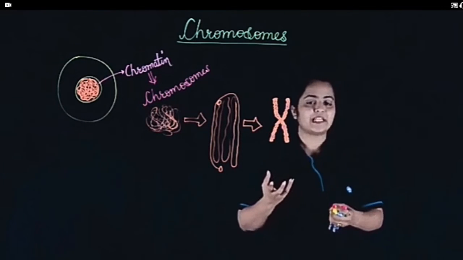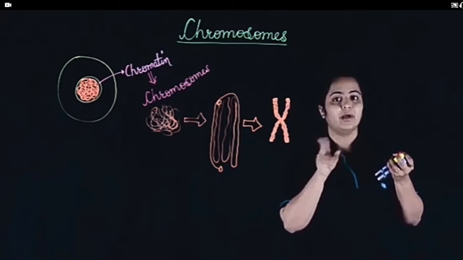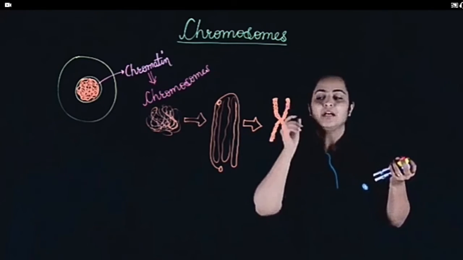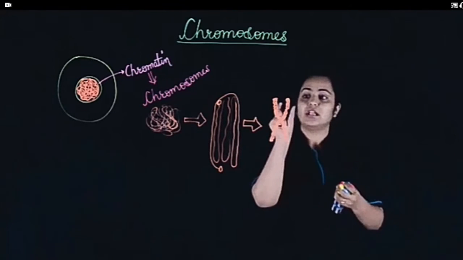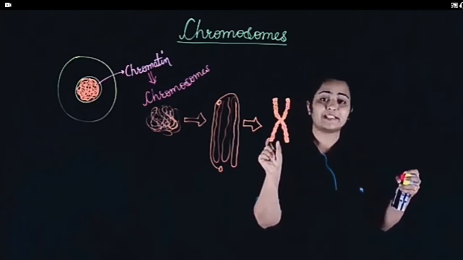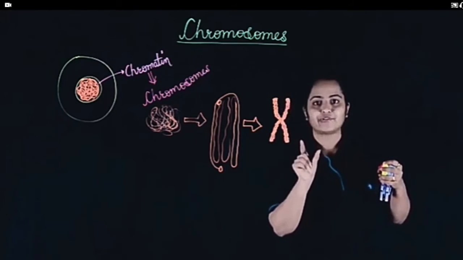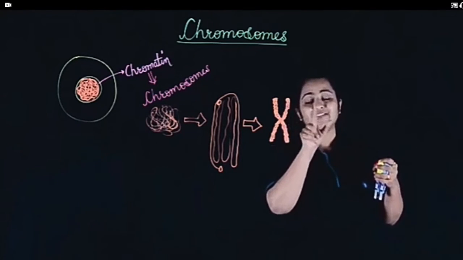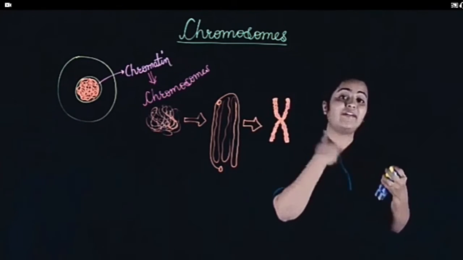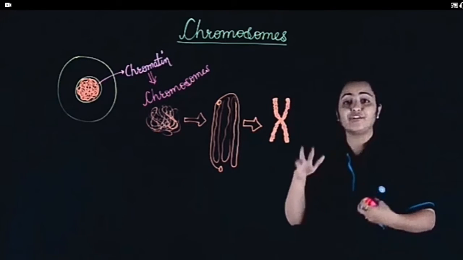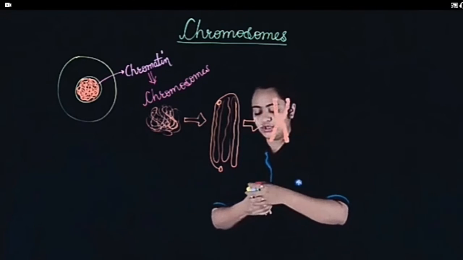No. If they were the same, how would we address them as pairs? If they form a pair, that means only two have to be the same. Others have to be different from this one. Correct? That is the reason why we find all the chromosomes having a different set of genes. The genes present on these will not be present on any other chromosome except its partner. Yes, this one and the other one will form a pair of chromosomes. Only this pair will have the same set of genes, the same size, the same set of genes on the same locus. Others will have a different set of genes, different size and differences in structure compared to these two. This is how you get a division in your body.